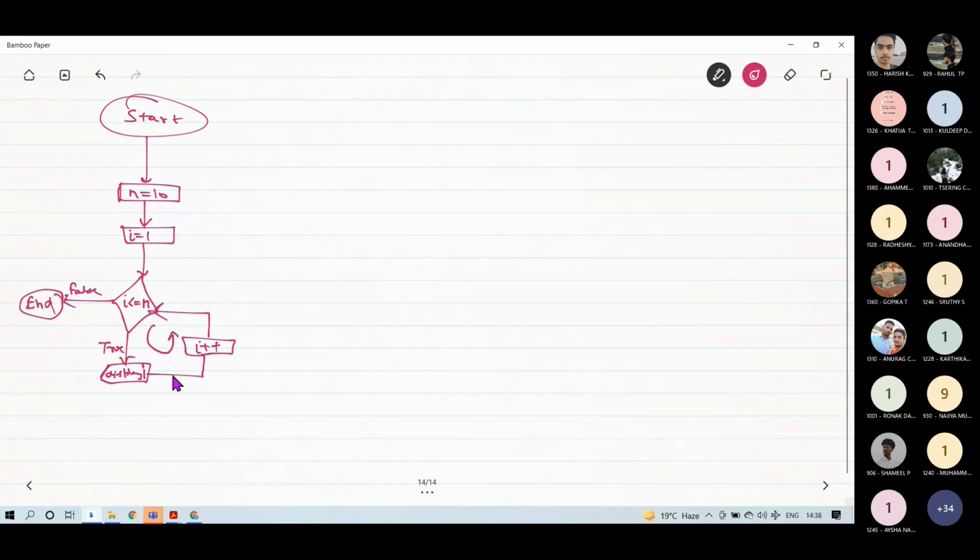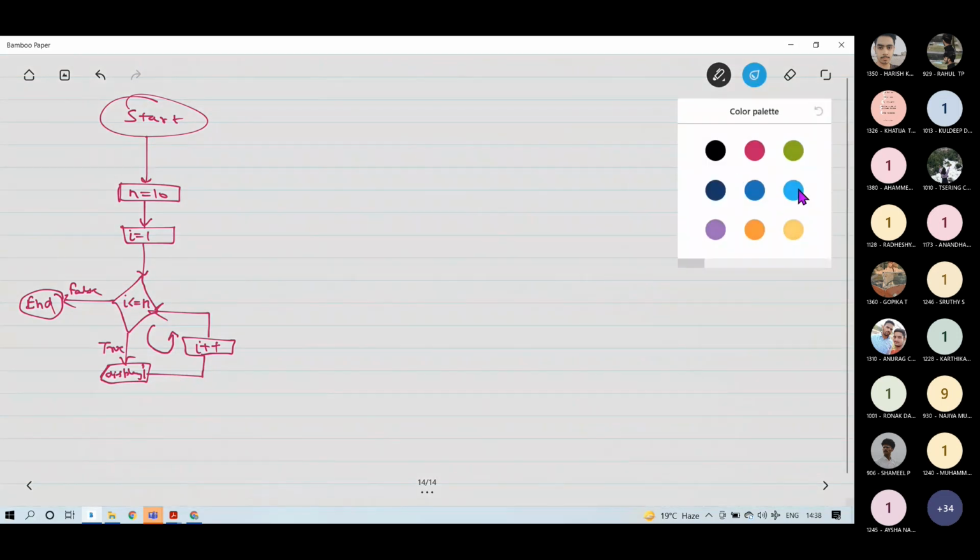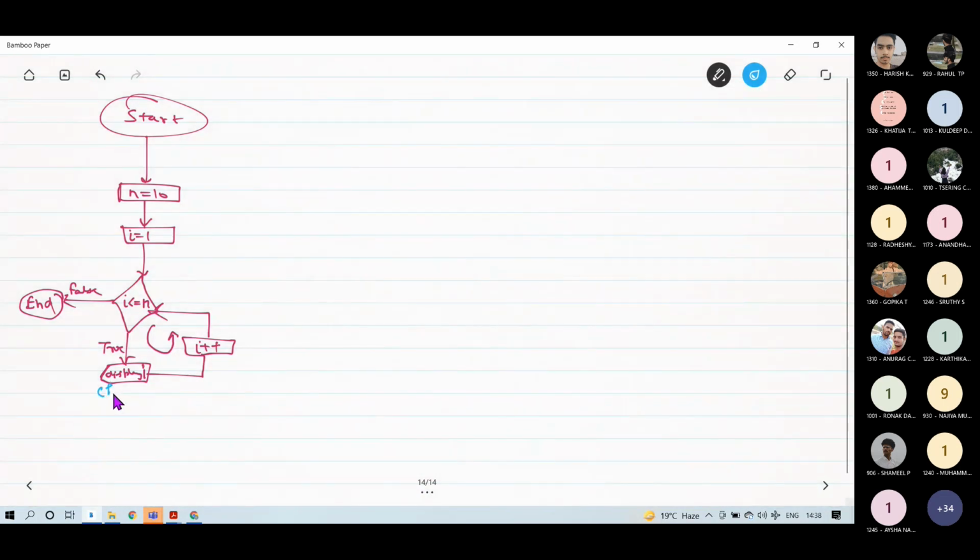And of course, after display I can also write change line. Again, you can see this particular flowchart is language independent. Anyone who is working with any language, after seeing this flowchart, can make a similar program having the same output with the help of their keywords, which are specifically used for that particular language.